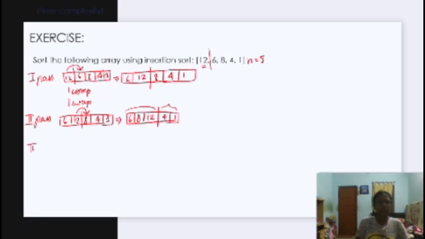Now in the third pass, we need to insert the value 4 into the sorted subarray. To do so, we compare 4 with the elements towards its left. Since 12 is greater than 4, we shift it towards the right. And 8 is also greater than 4, so we again shift it towards the right. 6 is also greater than 4, so again we shift it towards the right to make space. In the space here, we insert 4,